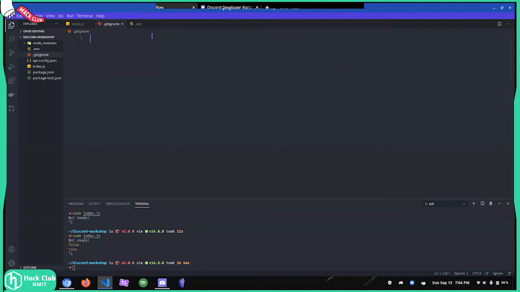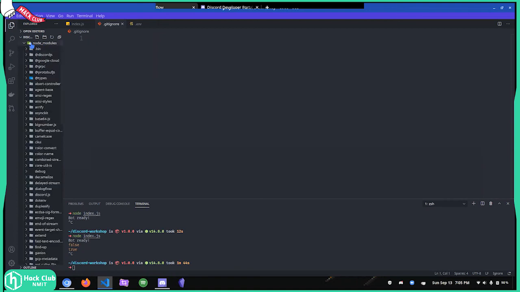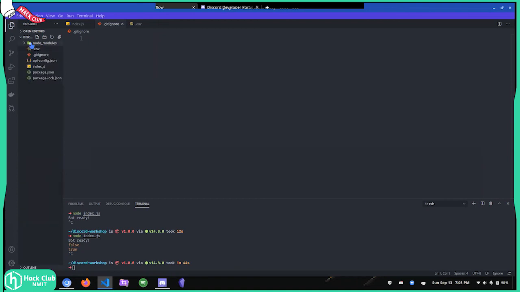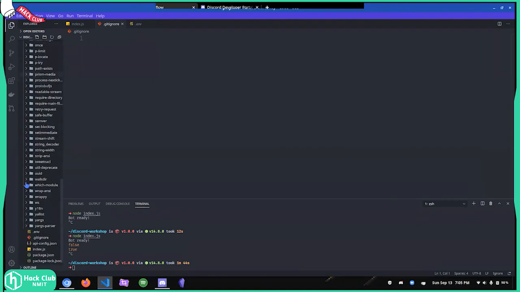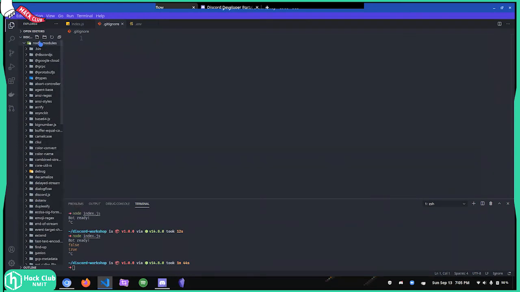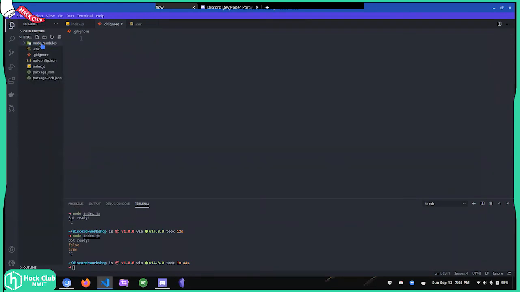In this file, you can ignore all these files, node modules and env and everything. If you commit node modules, there's nothing wrong, but it's a really huge folder, and you don't want to be committing all these things to your Git repository. You need to ignore all these files.